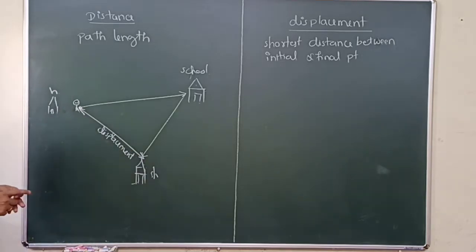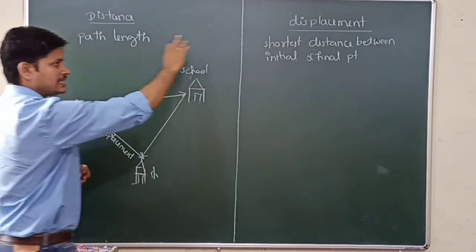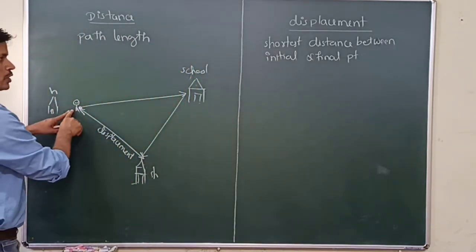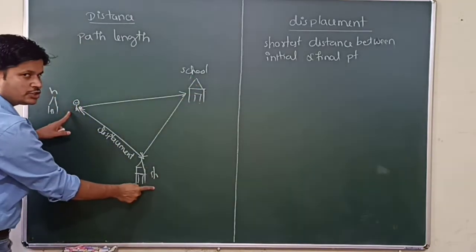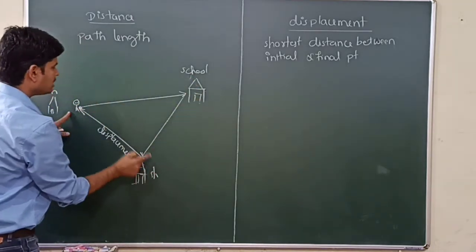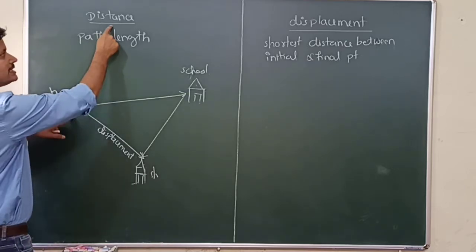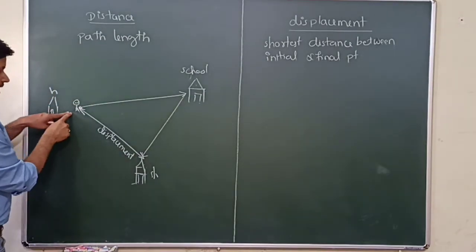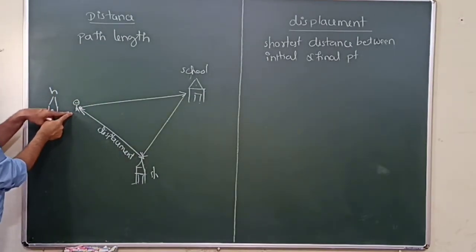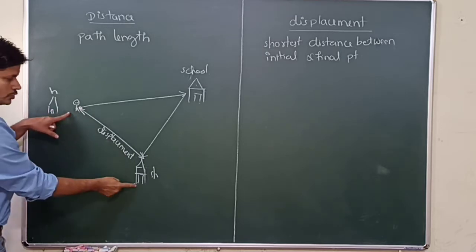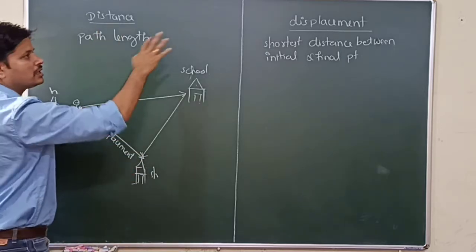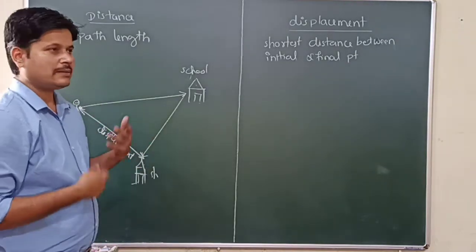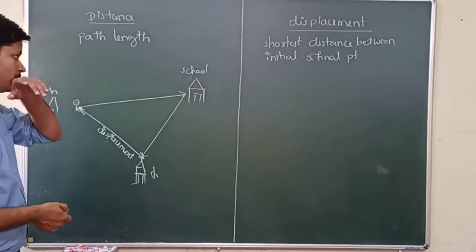Displacement. Is it right? This is the difference between path length and the shortest distance, correct? Remember, if a person goes to school and next goes to the shop, the total path length covered by the person is known as distance, right? But displacement is directly the distance from home to shop. This is what we call displacement, correct? By using this, we can learn some more things about distance